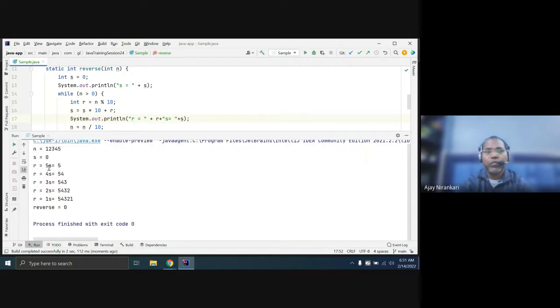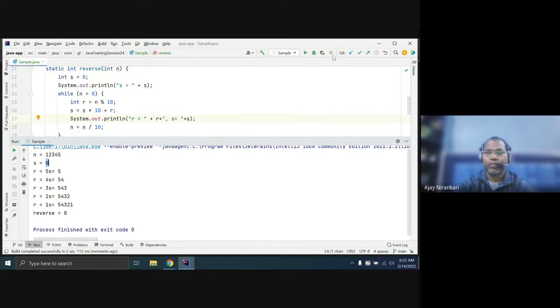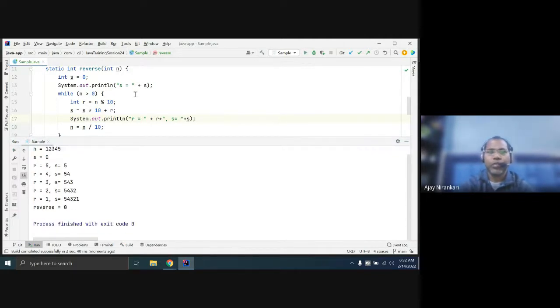Now you notice first time your s, so first time you are just getting s multiply by 10, 0, and first time getting remainder 5. So what is the plus?